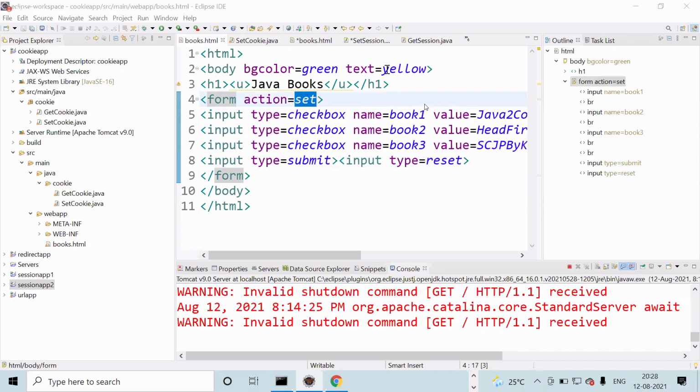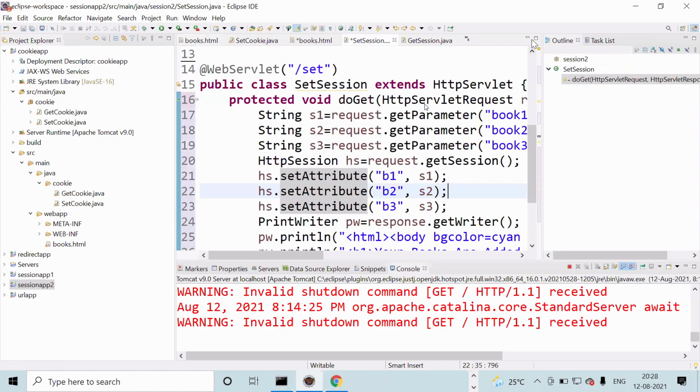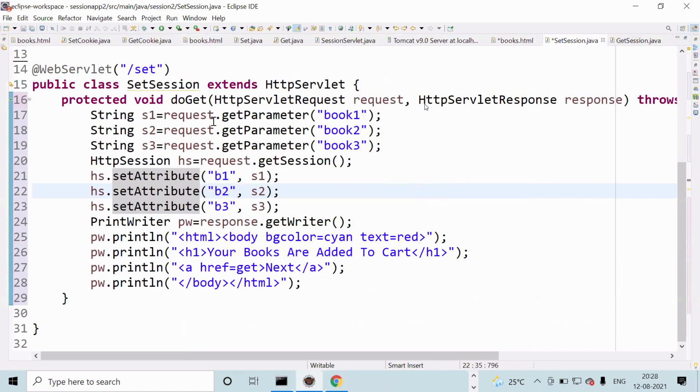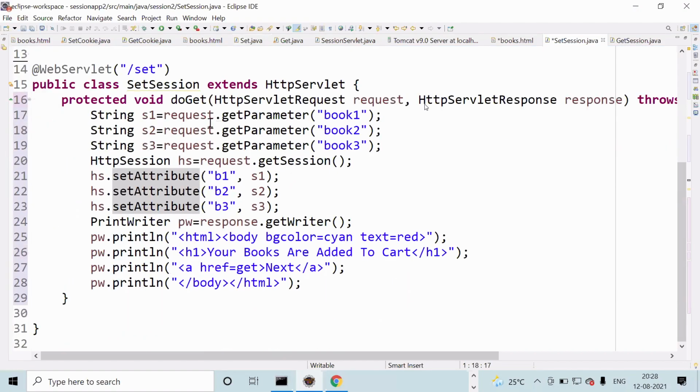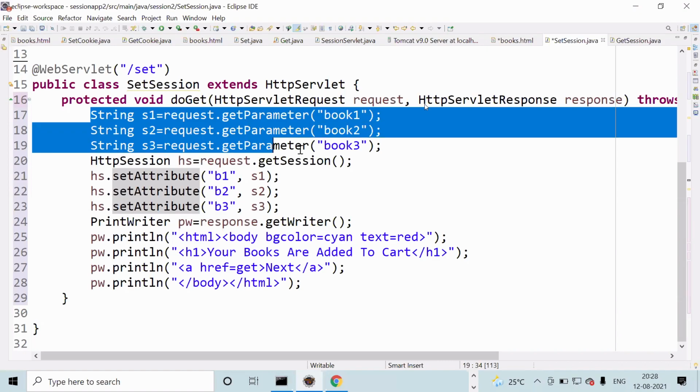Set means the set session program is going to be called when I click on it. Now you observe, it is just our package name session 2. Now here the doGet method is called. Is it required to explain or understood?